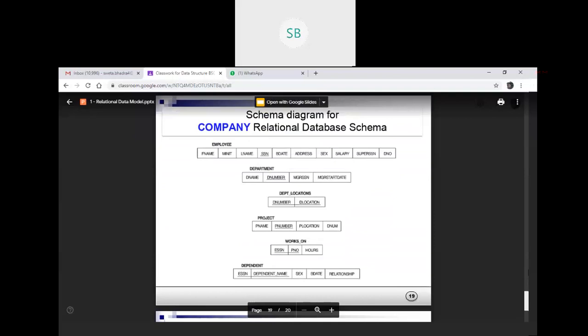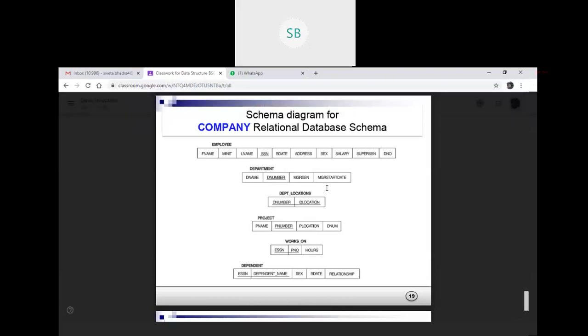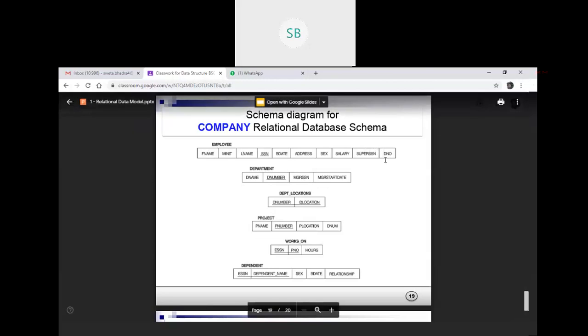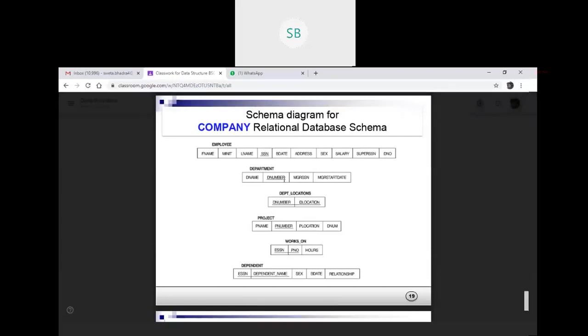Now in the employee table, DNO is also mentioned. DNO is nothing but the department number. If you want to find the department of an employee, you take this number and check the department table. So this is the referenced table and this is the referencing one. Here the department number acts as the foreign key, and in the department table it is the primary key.